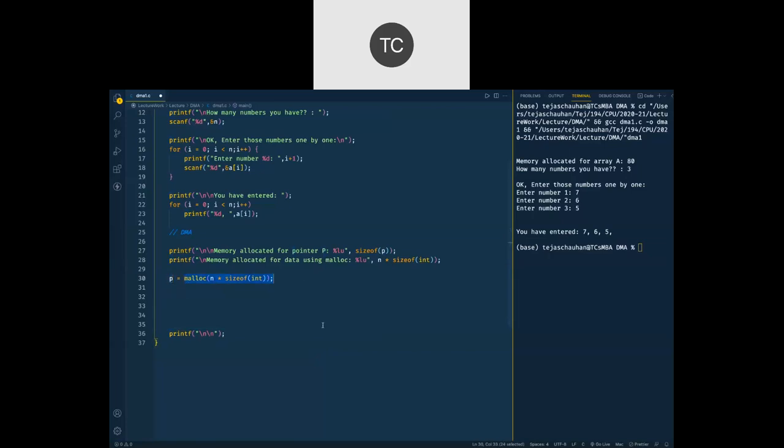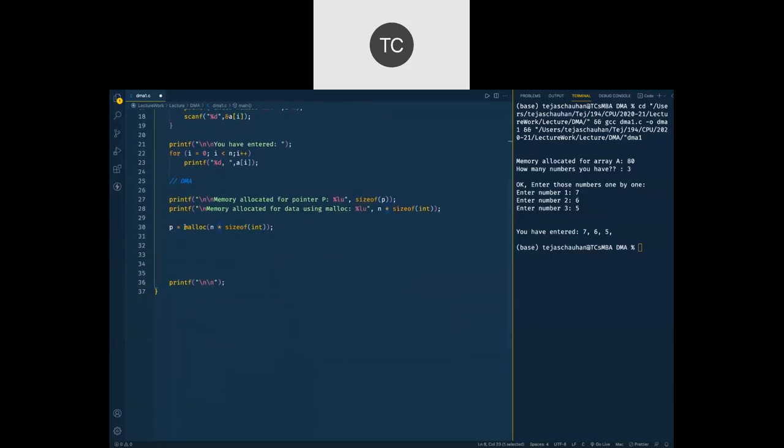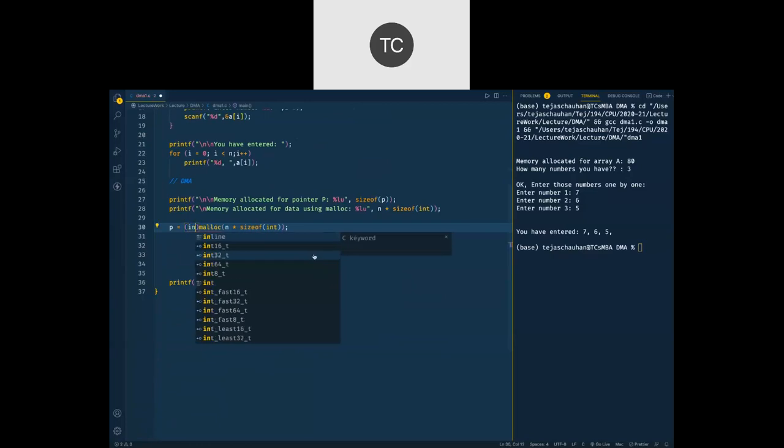Now as we all know, malloc is going to return an address of type void. But the variable that we use, p, is actually of integer pointer type. So to avoid that mismatch, we are going to typecast this address to integer star.